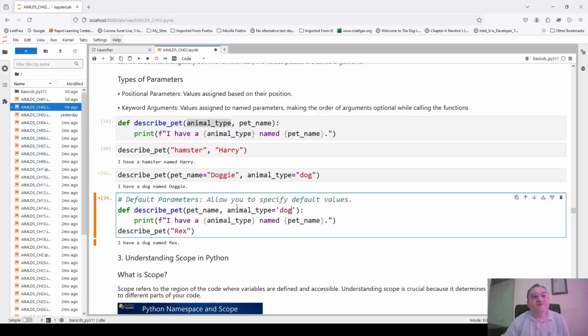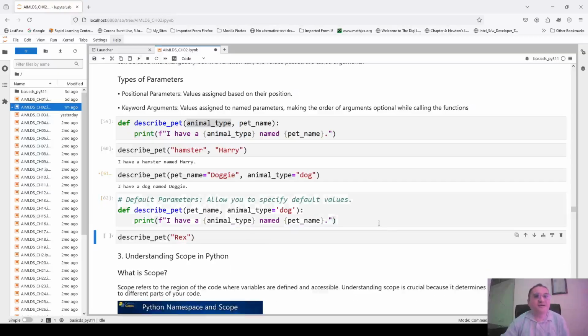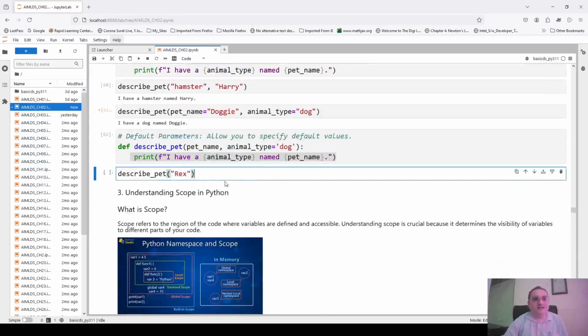But the advantage with this default parameter, which is assigned in the function definition itself, is that if the user does not supply any second argument, the user has to supply pet_name and animal_type, but if the user does not supply the second argument, it will still default to the value defined in the function definition. So first let me define only that function. Here I will just define it, so nothing will be printed. The print statement inside the function definition will not print anything, but when I call the function, then it will print.